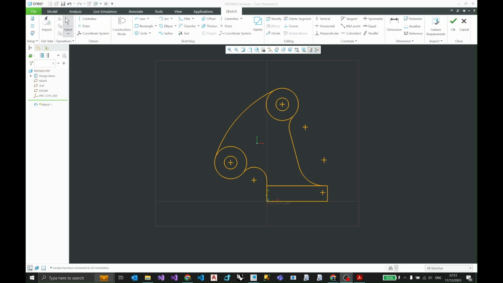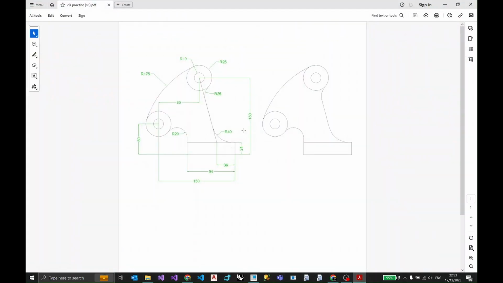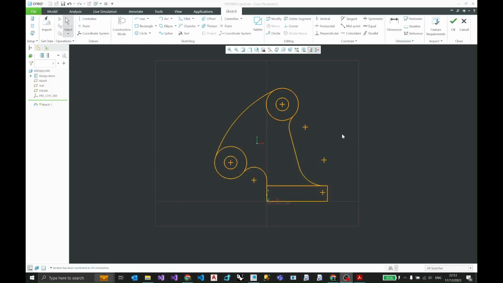Hello everybody, welcome back to Chuzgapa Engineering, and we're back with another video on 2D sketching with Creo Parametric. In this video again, I will show you how to turn this 2D drawing into a 2D sketch in Creo